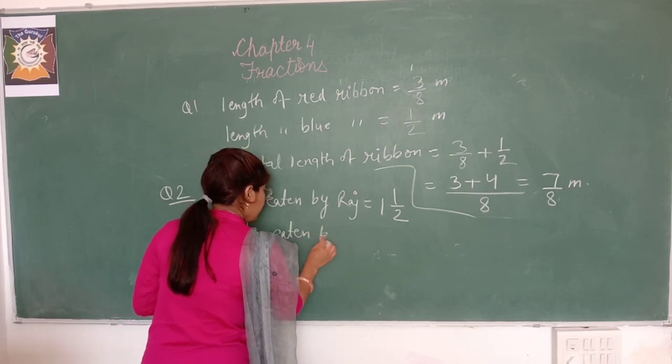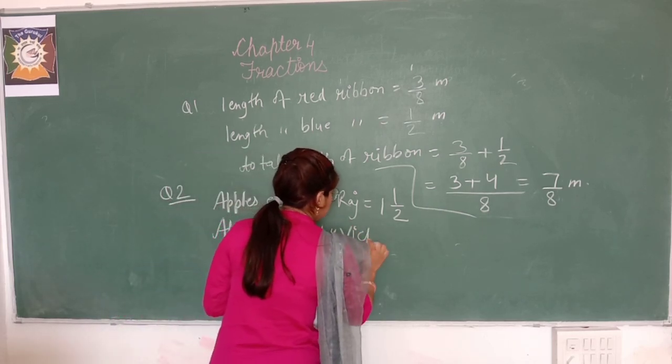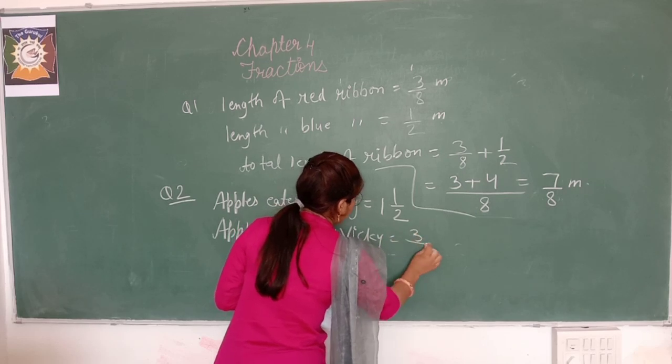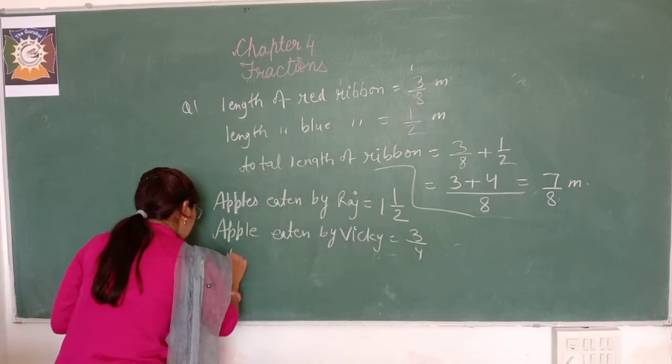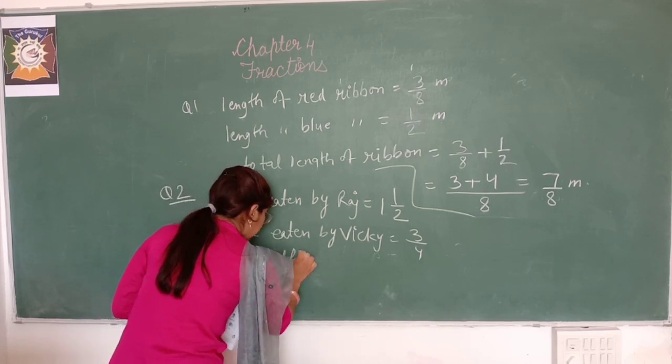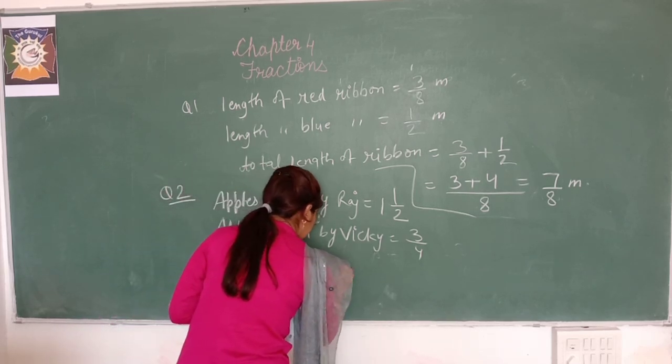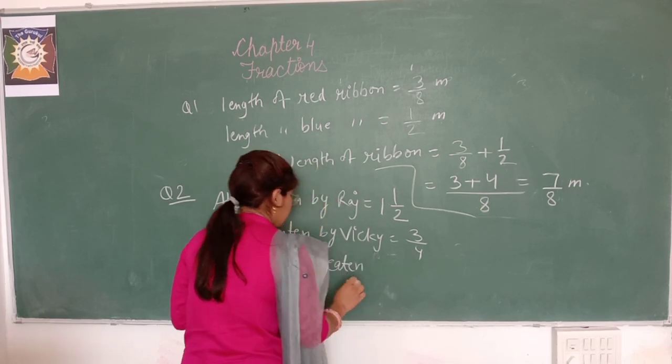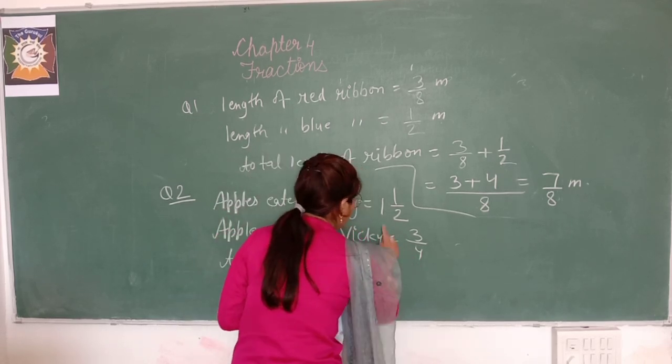Apples eaten by Vicky is equal to 3/4. Total apples eaten is equal to